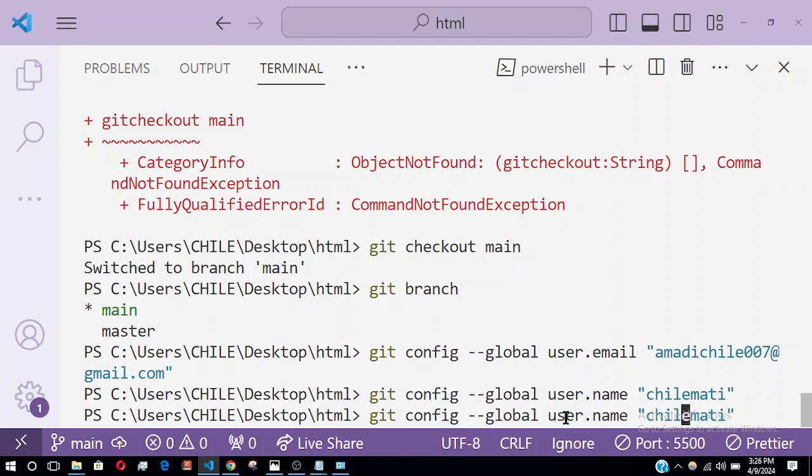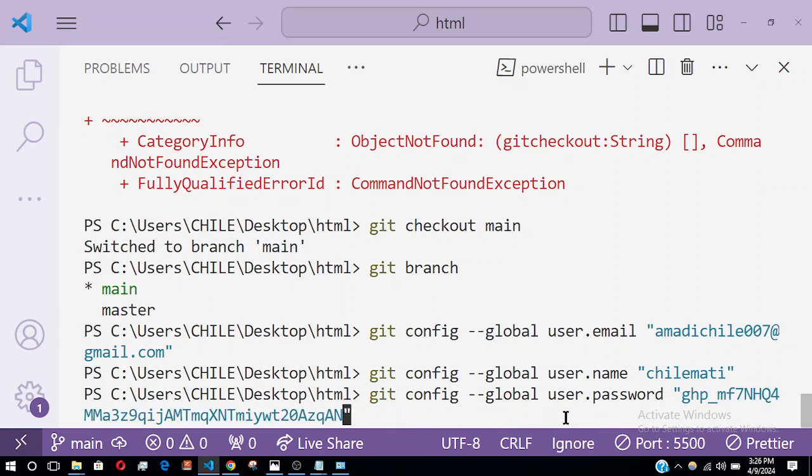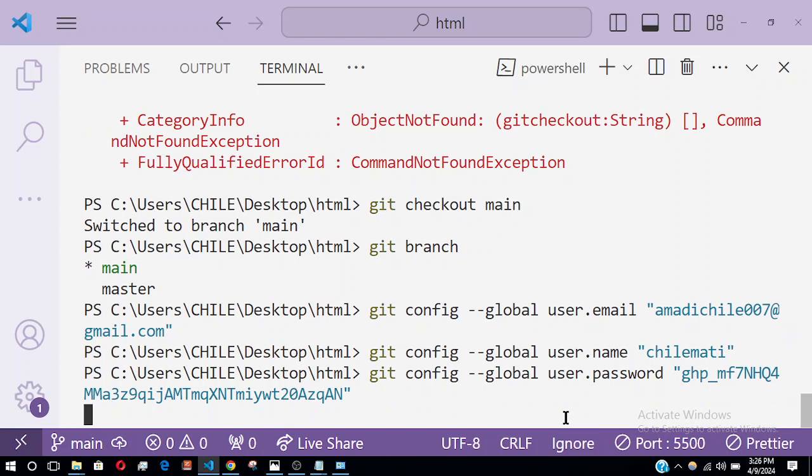I'll put password, then inside here I'll paste and I'll hit enter. Next, just to be on the safe side,